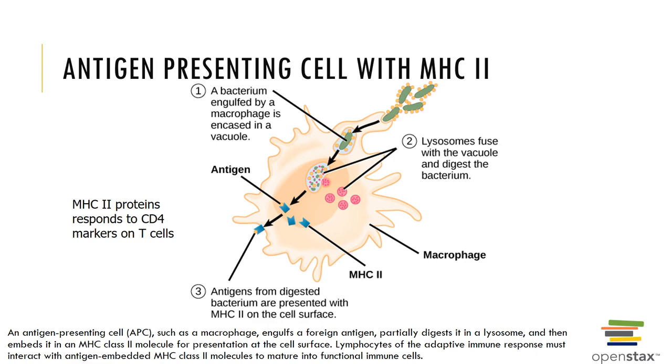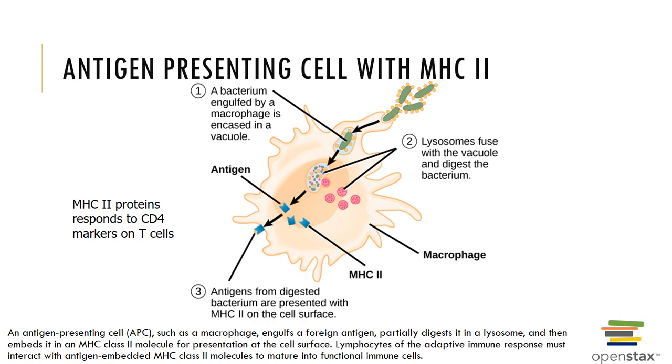Here you can see an antigen-presenting cell with MHC2. When macrophages patrolling the body tissues encounter foreign antigens, they engulf them by phagocytosis. Once the organism is inside the macrophage, it processes the antigen and exposes it on the surface of its own cell in combination with the class II MHC